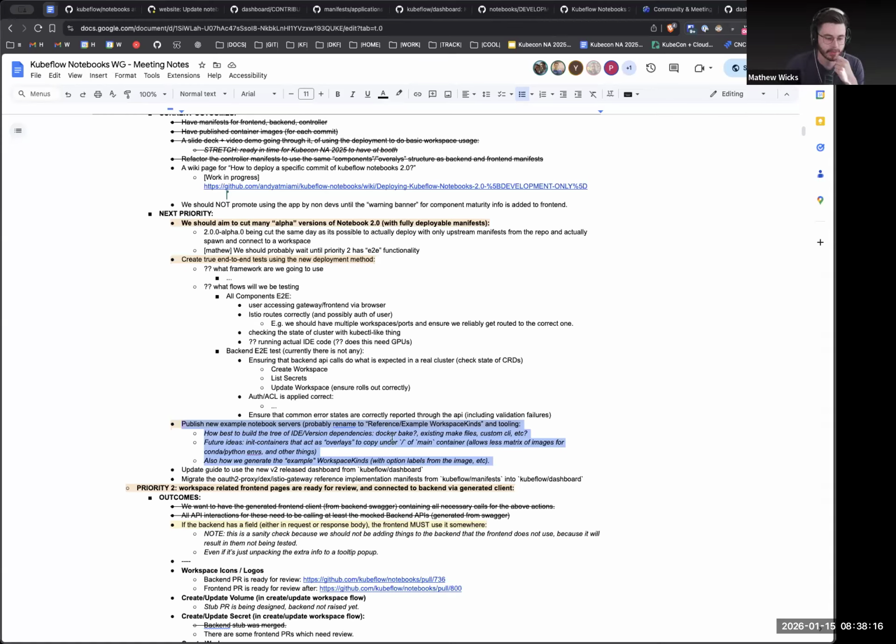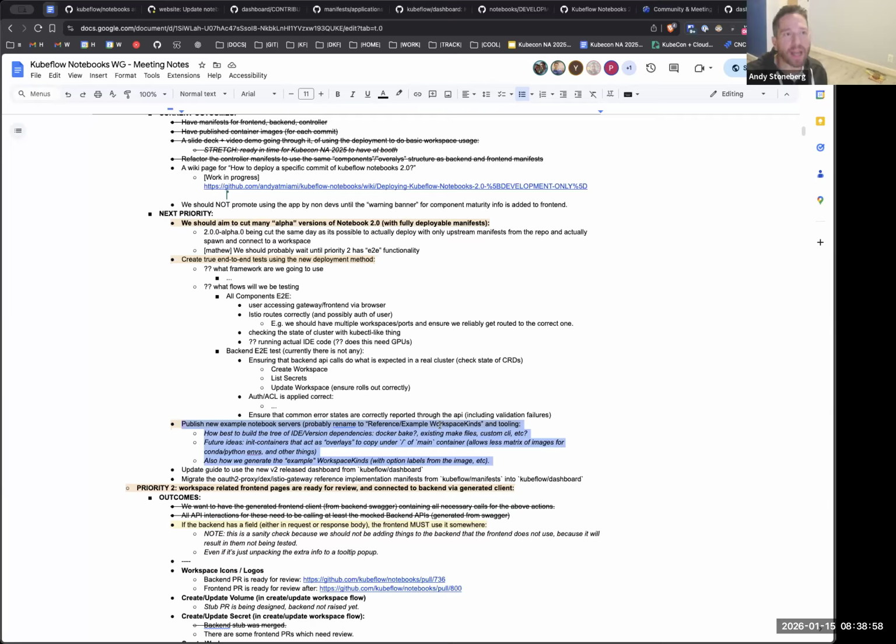So it just depends on if we include default workspace kinds. We need default workspace kinds. It's a matter of just where should they live and what images should they include, and if they're generated automatically. We have reference workspace kinds we use for our testing and things like that, but those are fine. But we need to have one for VS Code, one for RStudio, one for whatever else, at least. And so we're going to need to maintain those as examples and build images for them. And right now, we don't want to have to cut V1 releases to create those.